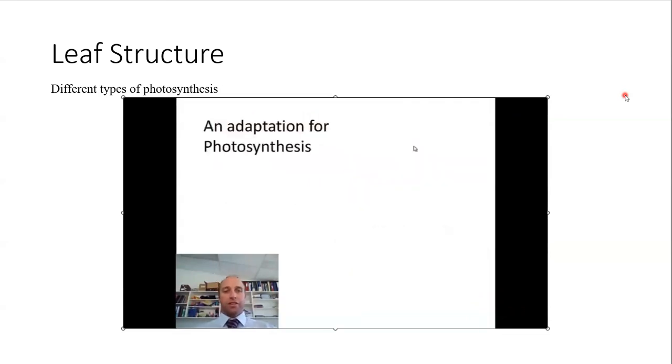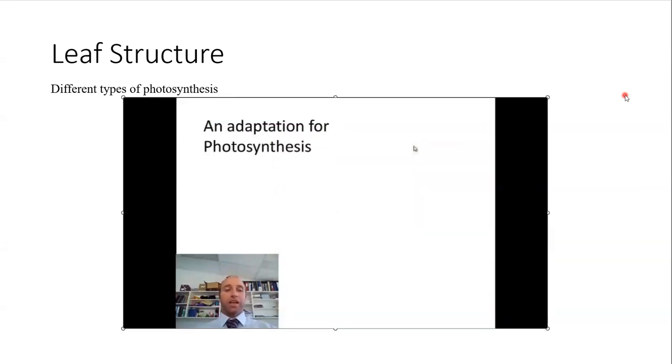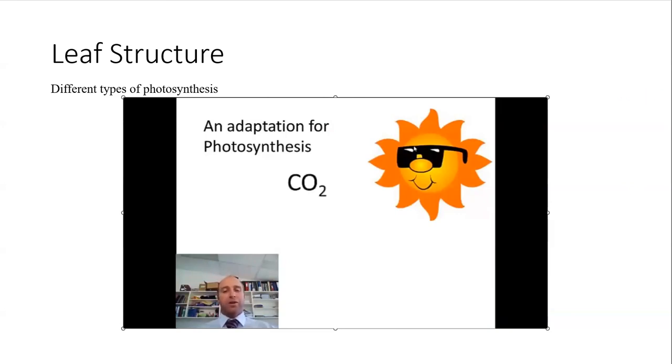Now these different reactions are adaptations for photosynthesis, and as you know from studying adaptations, they can be structural, physiological or behavioural, and they can occur in both plants and animals. The adaptation we're looking at here is a physiological adaptation in plants. That's how the reaction actually happens in the cells. Now photosynthesis is all about the sun and capturing that light energy from the sun. And when this happens, we have a problem because